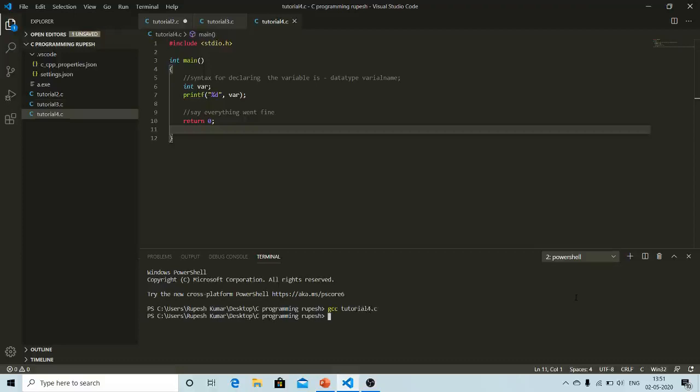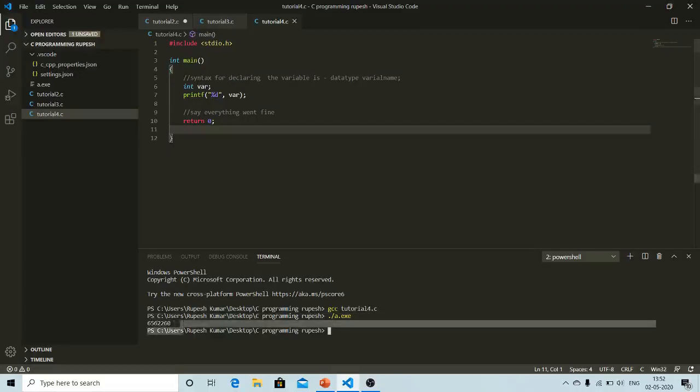Now you can see that it has compiled successfully, but if I want to run it, then see the output here, what it will give. It is taking some time, so just wait for that. So you can see here that it has given some garbage value. I have not initialized this variable with any number. It is by default. That means it has some garbage value. So if you do not initialize this value at the start, then there may be situations where you will face this garbage value, which will be very frustrating for you. So to avoid this, we will assign some value.